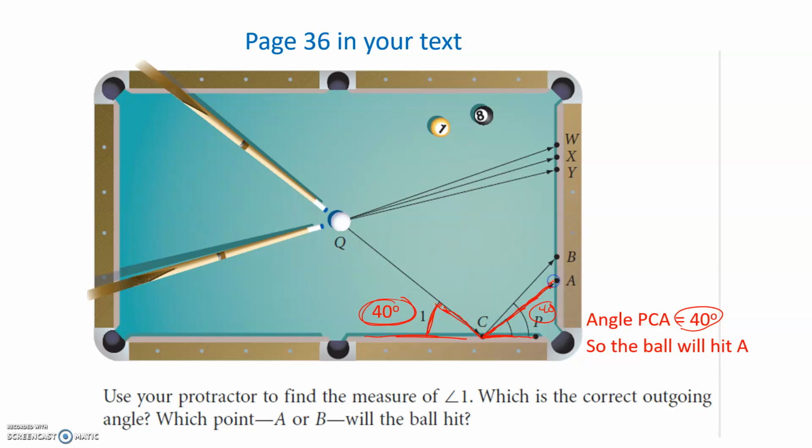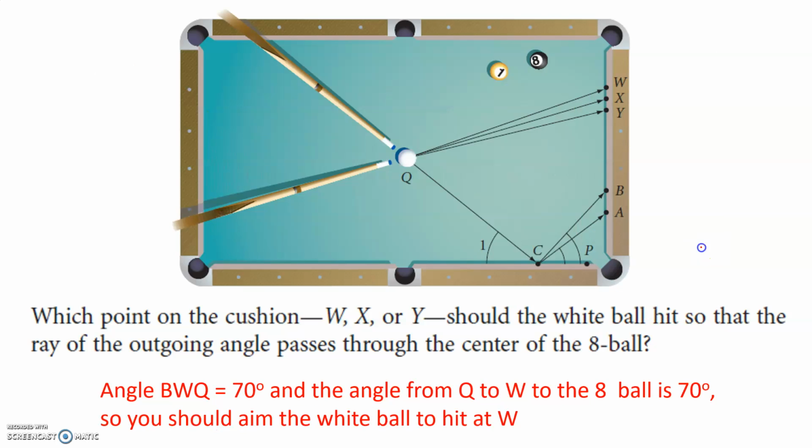and hit at A. Now we're going up on the top part here. Which point on the cushion, W, X, or Y, should the white ball hit so that the ray of the outgoing angle passes through the center of the 8 ball? So we want to hit this 8 ball. Okay, so it says angle BWQ,